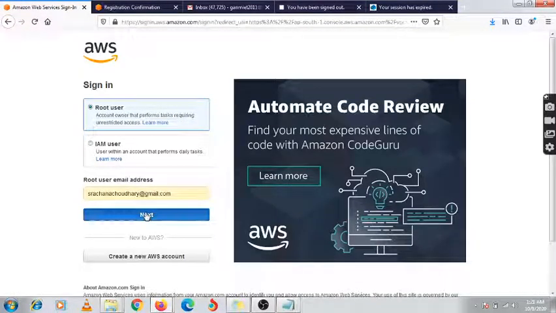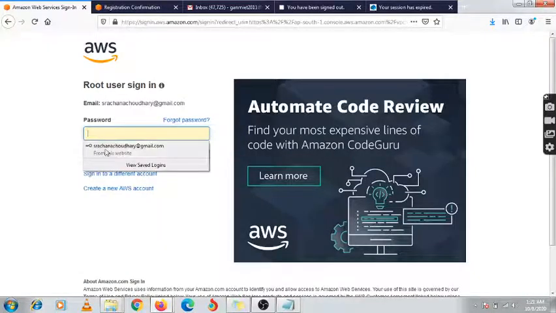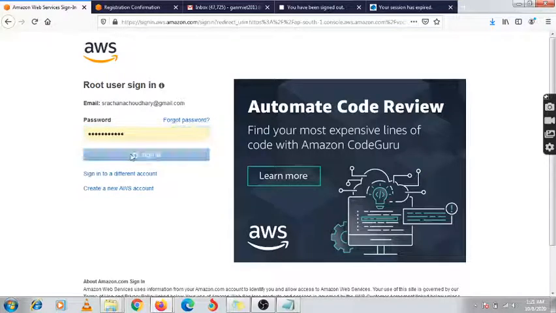It is asking for my root password. We are doing this in the Mumbai region.